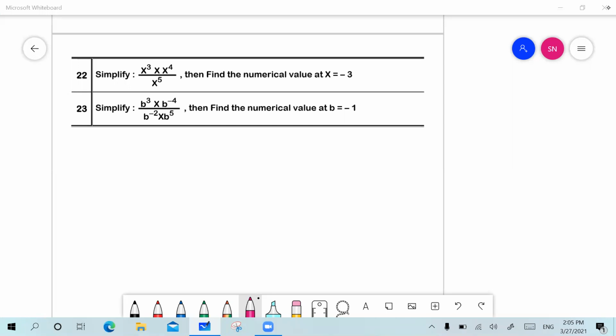هعمل -3 minus 4 over x to the power of 5. يبقى أنا كده في number 22 هعمل x to the power of 3 plus 4 over x to the power of 5. So I will have x to the power of 7 over x to the power of 5. تبقى equal x to the power of 7 minus 5 تبقى x to the power of 2. Exactly. يبقى now the numerical value كام بقى؟